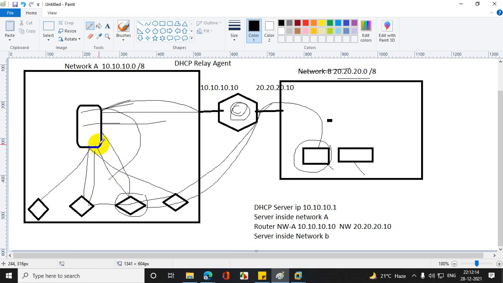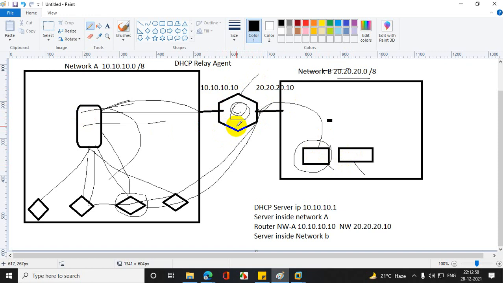The challenge happens in the office where there is no domain controller and no DHCP server, and it is on a totally different ISP, different networks. There, I configure my machine to access the DHCP server, and the scope I configure will work. You have to configure this from the router. So in a Cisco router, you have to enable the DHCP relay agent. But here I will show you, because here I am also using a Windows server as the router, and from there I am just enabling the DHCP services.